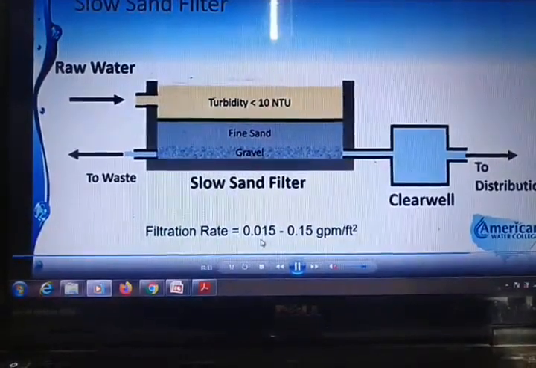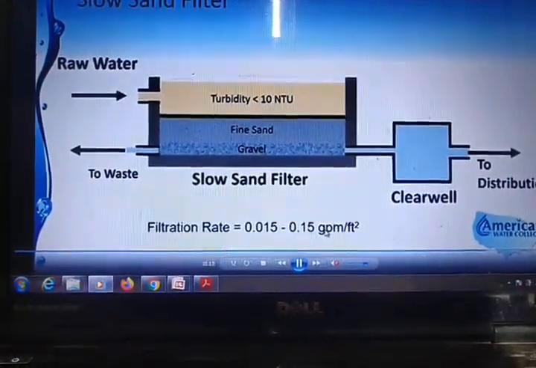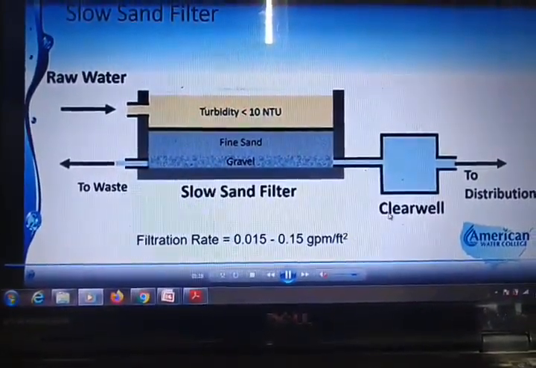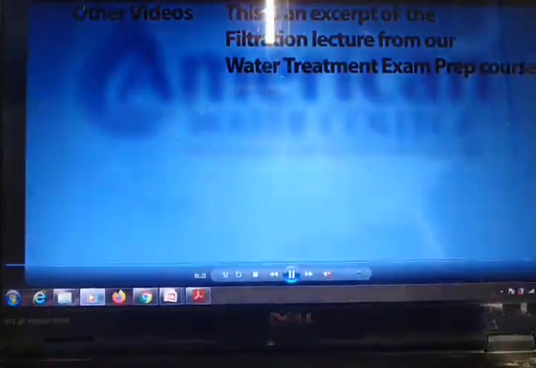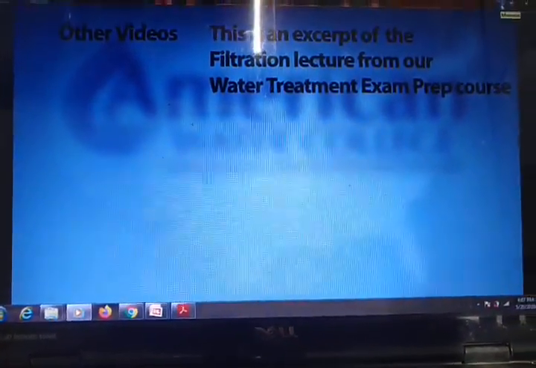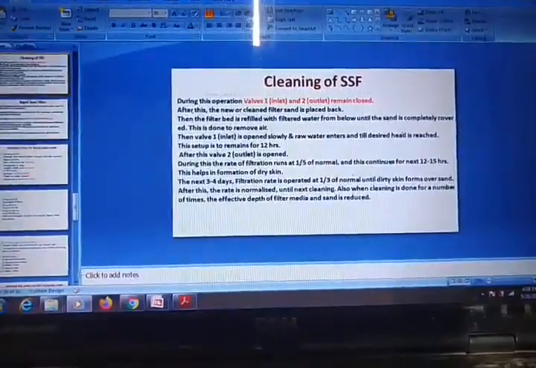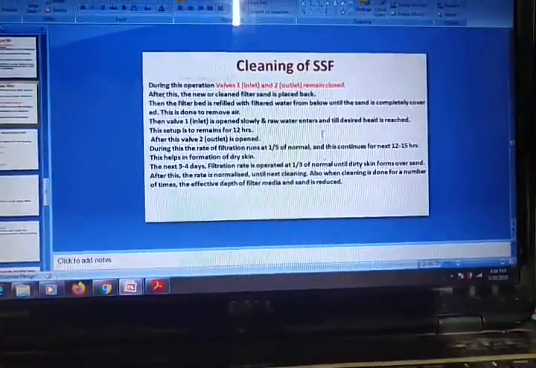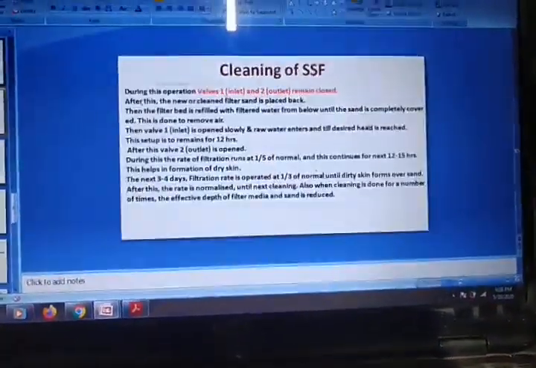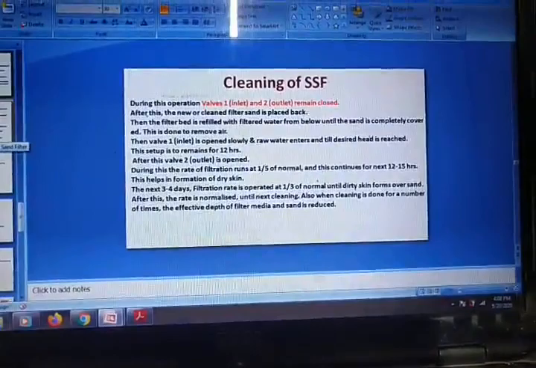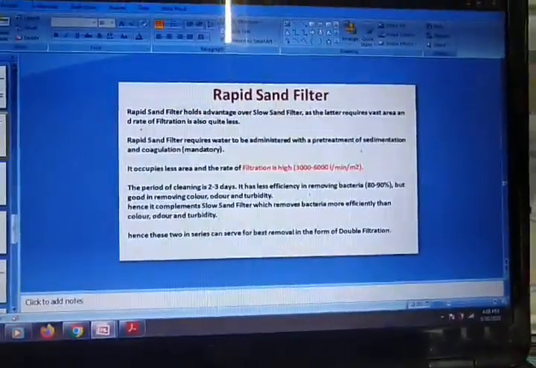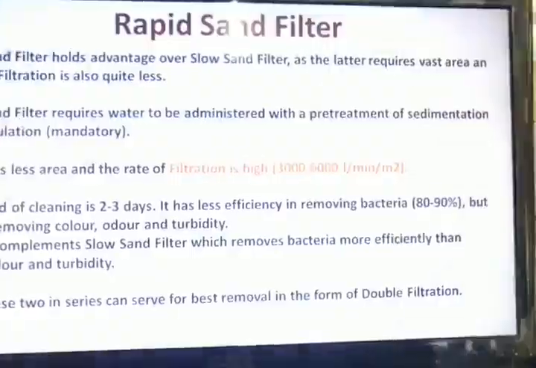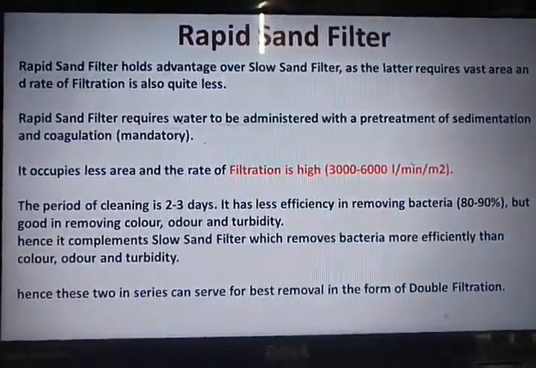Then the water travels to the next subsequent treatment unit, that is disinfection. As you can see here, the rate of filtration is relatively very low, in the order of 100 to 200 liters per meter square per day of filtration area. Then we also saw the cleaning of the slow sand filter, which contains just valves V1 and V2. By plugging the V2 valve, we clean the sand by raking up the top layers of the sand, then we put a new layer of sand on top.